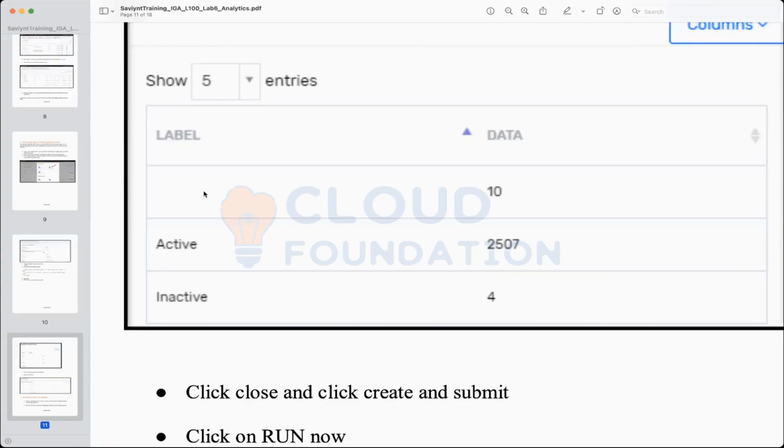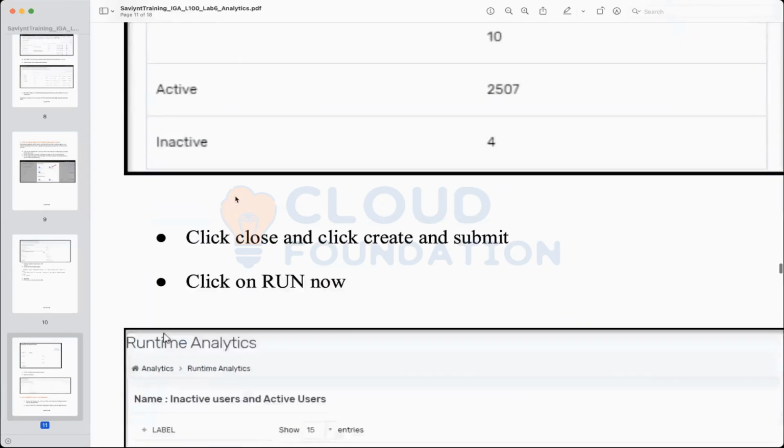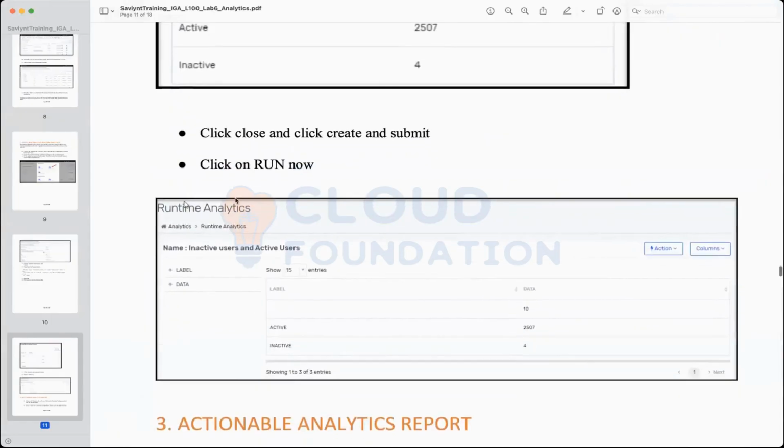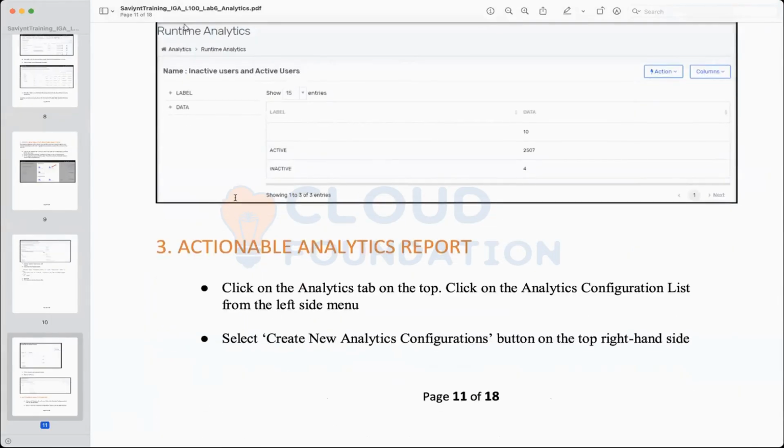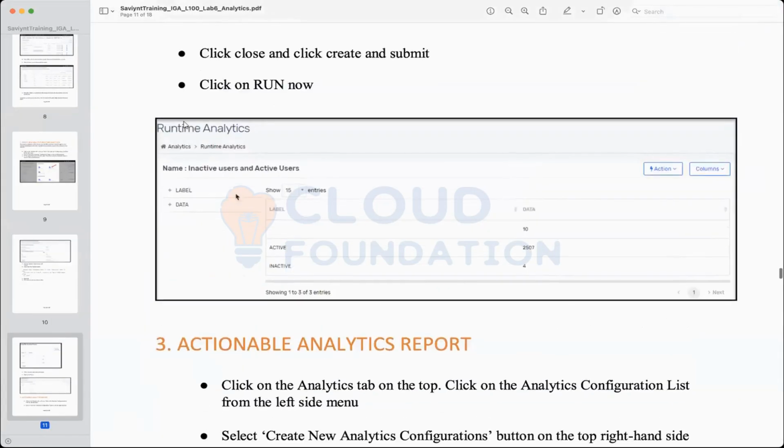For such users, they have left the company, but they are not active either, right? In such cases, what you will do is you will give them a temporary inactive status, something like that. That's the reason.